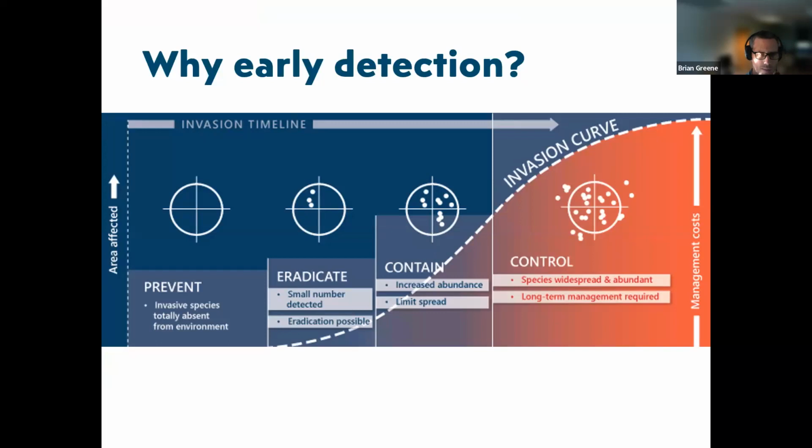And we talk about this a lot with this invasion curve. So our most important step is preventing. We're trying to keep them out. When they come in, we need to detect them early because that's the phase where we can eradicate them. As they start to increase in area and increase in abundance, they become much more expensive and much more difficult